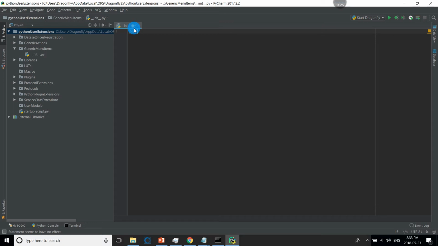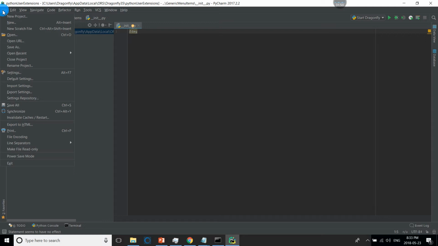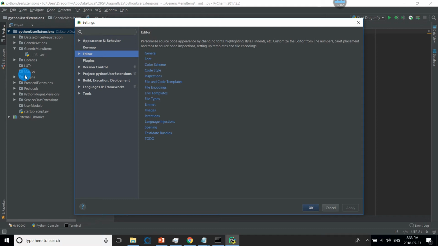Everyone okay so far? Yeah. So the last thing we need to do is to make sure that PyCharm is using the correct version of Python.